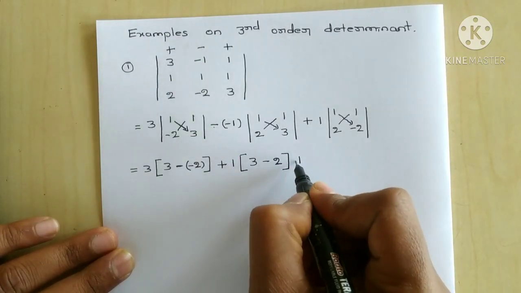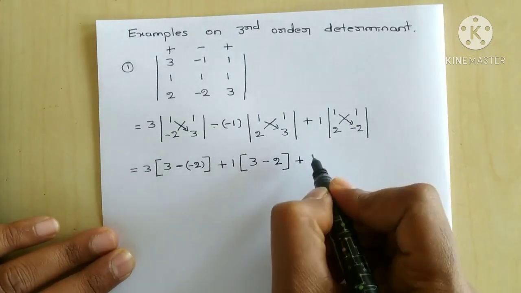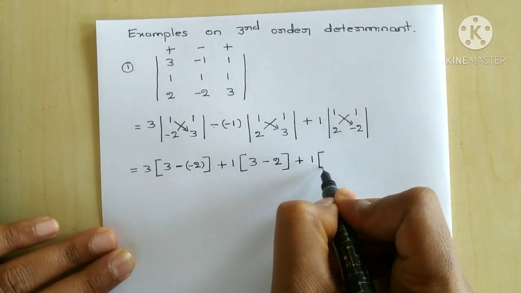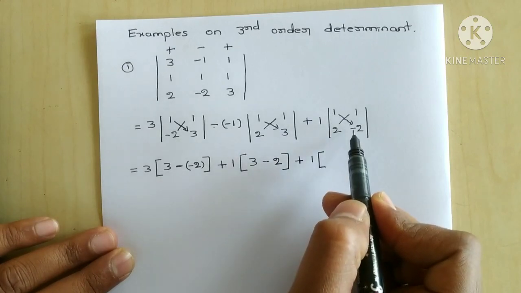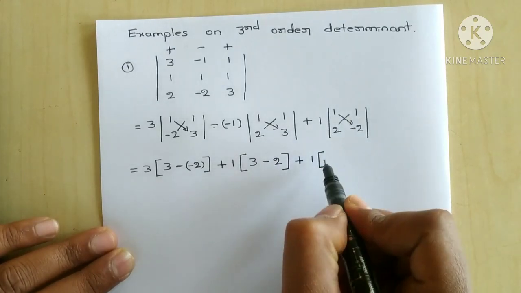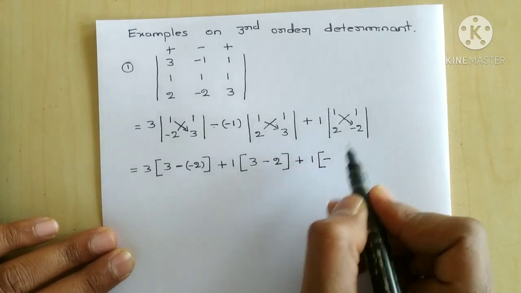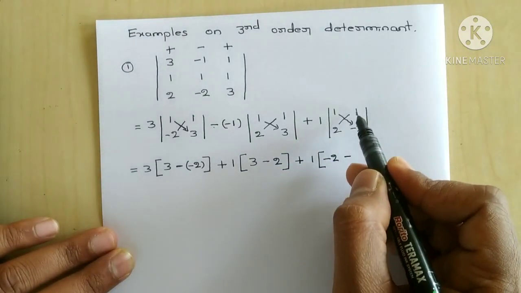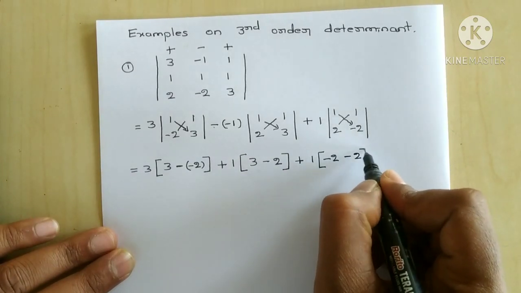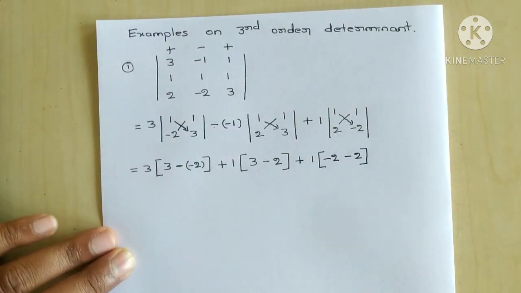Next plus you keep it as it is, next 1 you keep it as it is, again here positive sign, here negative sign, so plus into minus is minus, 1 into 2 is 2, again middle negative sign, 2 into 1 is 2. 2 into 1 is 2. Next,